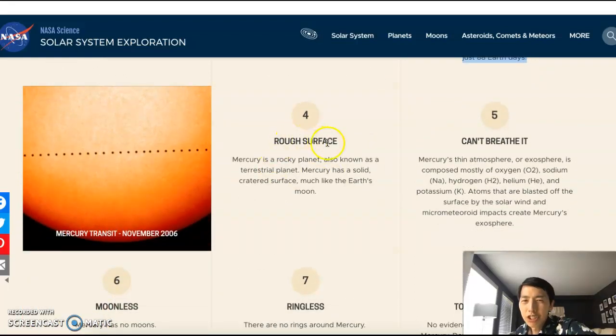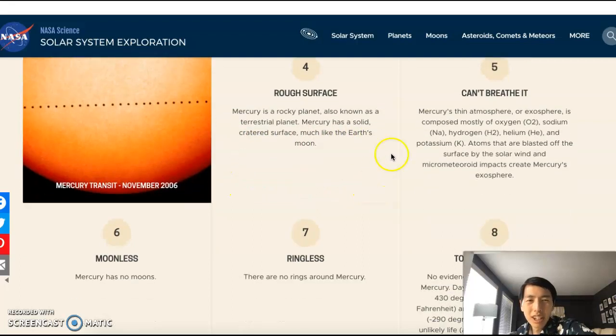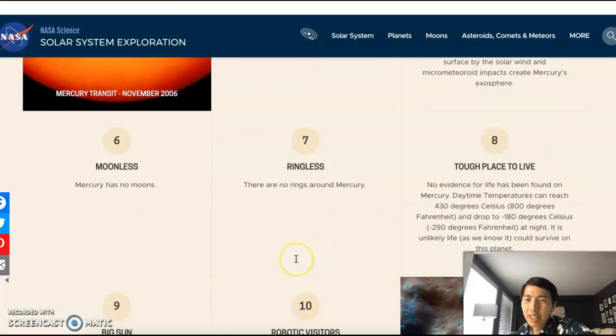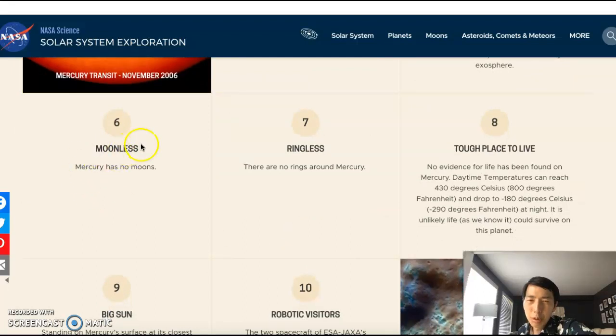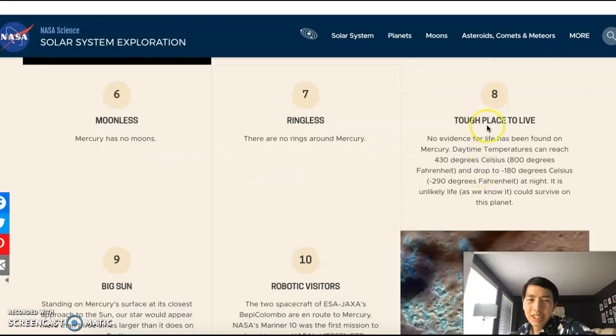It has a rough surface, okay, and it talks about how there's lots of craters, just like the moon has craters. You can't breathe it, so it does have an atmosphere, it says, but not one that humans can breathe. It has no moons. It has no rings. It's a tough place to live, and it talks about the temperature here,